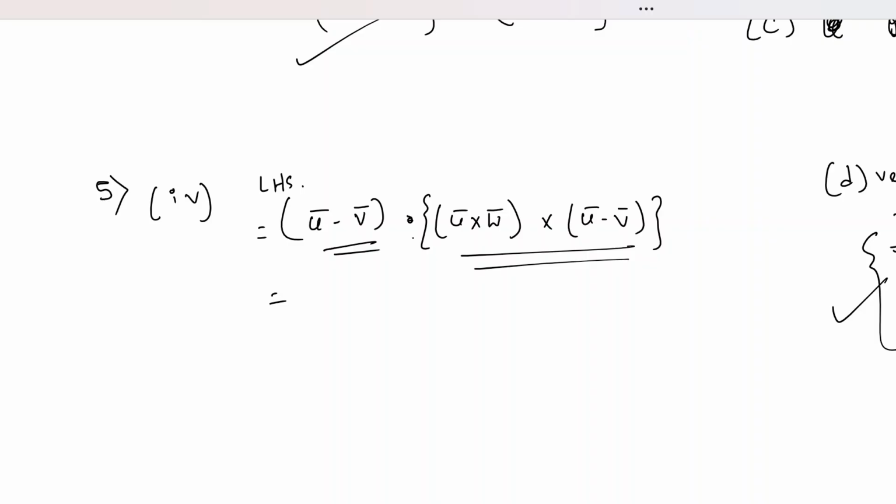Break it down, go to the end, and check for yourself that this term and this term are actually equal. And this is very simple to check. You just have to start with a very trivial thing: you can divide A, B and C into components. You can have A as A1 x cap plus A2 y cap plus A3 z cap. This is a generic expression for any vector, in terms of unit vector directional components of x, y and z. Similarly, B vector is B1 x cap plus B2 y cap plus B3 z cap, and for C as well, C1 x cap plus C2 y cap plus C3 z cap.